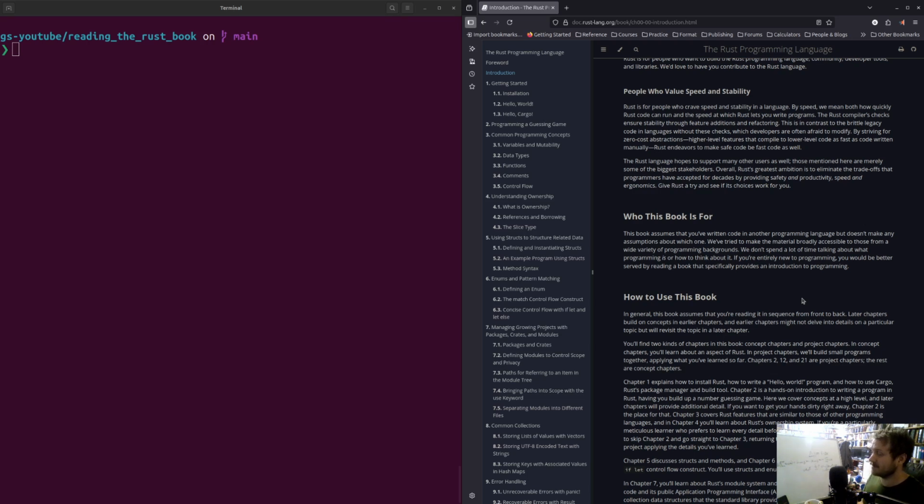lets you write programs. The Rust compiler's checks ensure stability through feature additions and refactoring. This is in contrast to the brittle legacy code in languages without these checks, which developers are often afraid to modify. Maybe at some point I'll talk more about it. Working with Legacy Code is a great book, by Michael Feathers, I think it is, and also Martin Fowler's book on refactoring, but stories for another time. You can do practices in any language to help improve that situation of dealing with brittle